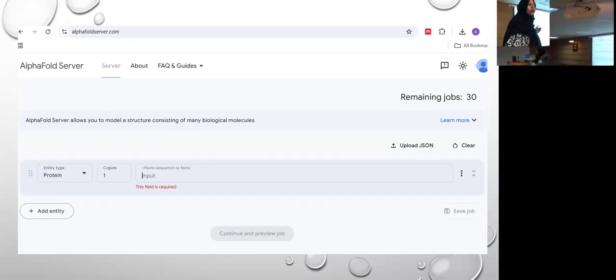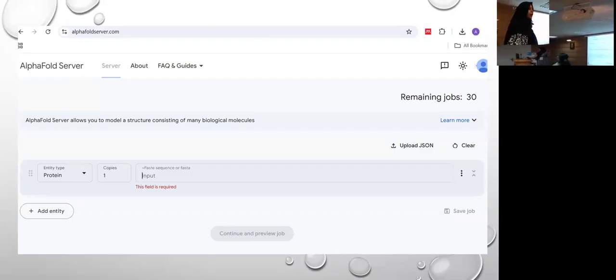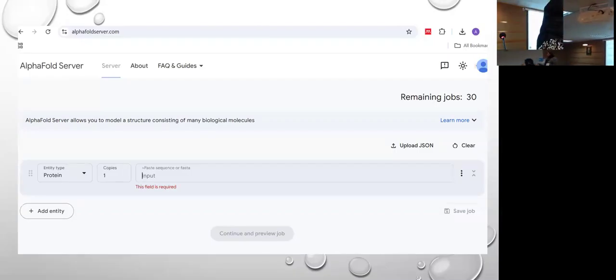You will get the model from here as well. You can download the results and move on to the next step. So those who are unable to run the Google Colab right now can use this AlphaFold server and get your results so that you can follow the next steps as well.